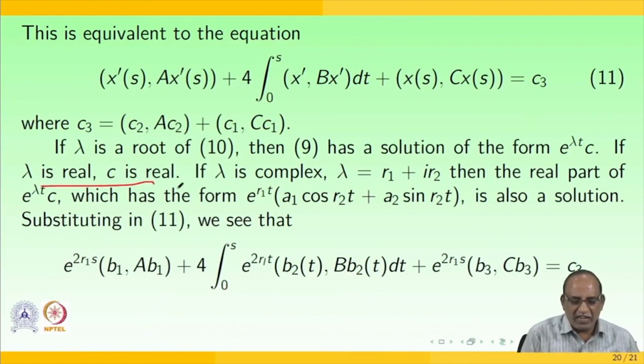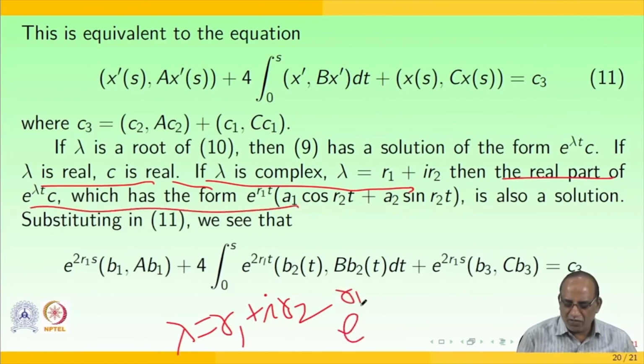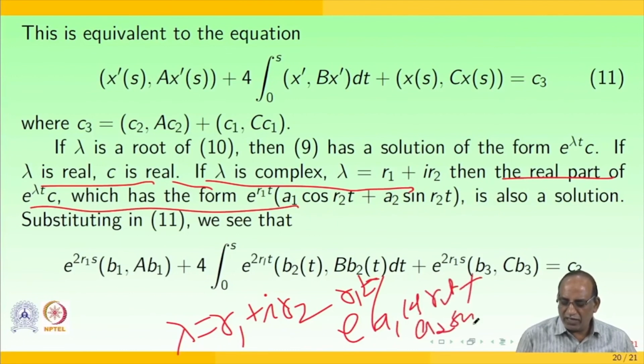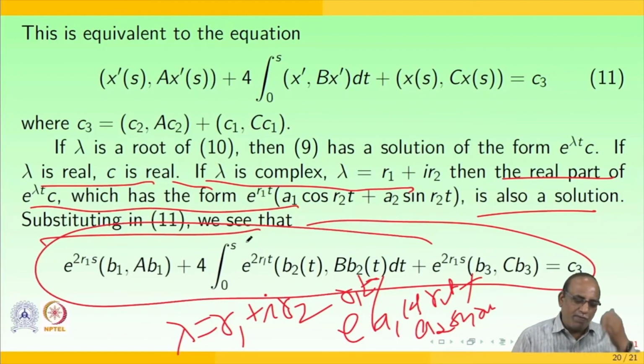If λ is real and C is real. If λ is complex, then λ is equal to r1 plus i r2. Then the real part of e^(λt), which has the form e^(r1 t) times a1 cos r2t plus a2 sin r2t, is a solution. So you get an equation of this form: e^(2 r1 s) b1 comma A b1 plus 4 times the integral from 0 to s of e^(2 r1 t) b2(t) comma B b2(t) dt, which is equivalent to c3,